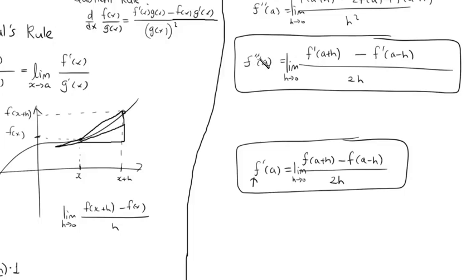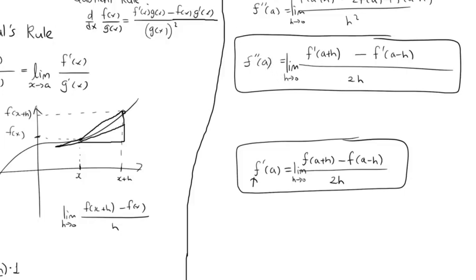So double derivative is simply, if you just think about this as the new f, and this is another f, so it's a plus h, a minus h, so that is pretty much equivalent. So this is for the first derivative because this is the original function, and this is the second derivative because this is the first derivative. So I think therefore we have proven that the second derivative is given by